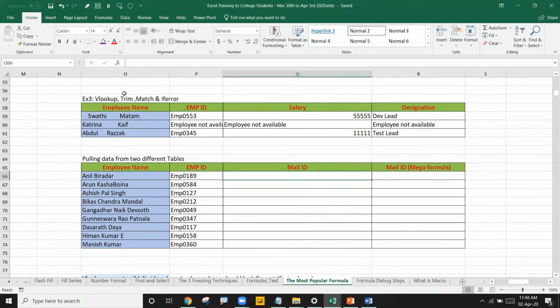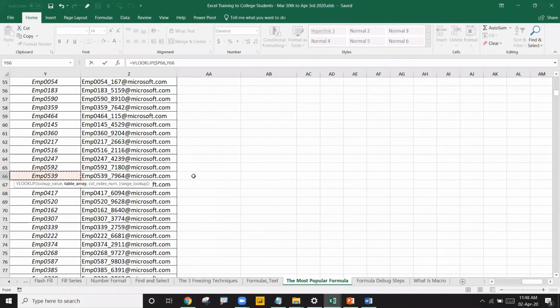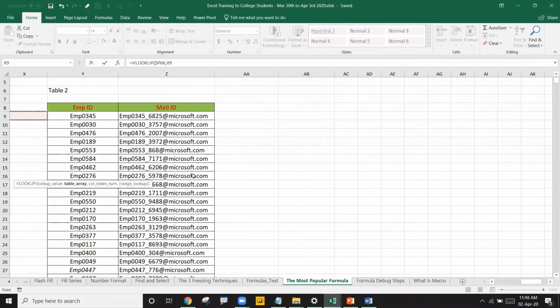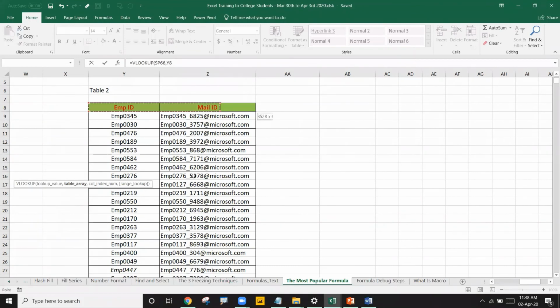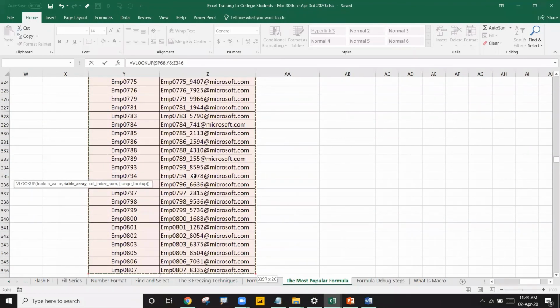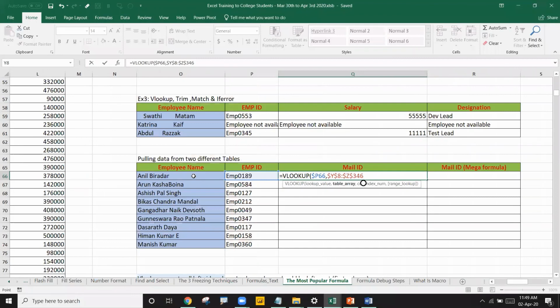Now here we require the mail ID. To get the mail ID, I'll write VLOOKUP again, but this time the lookup value is not this one, it is the employee ID. I'll press F4 a couple of times, comma, table array. This is my second table. I'm referring from top to bottom: Shift Control right click, Shift Control down arrow, it will select that whole range, but press F4 without fail, comma.